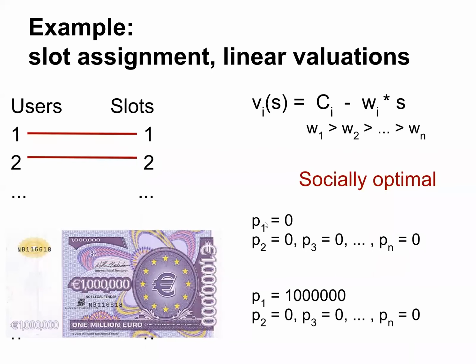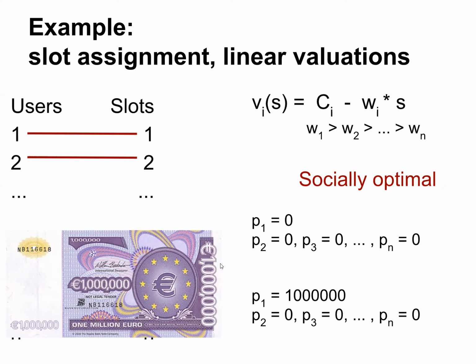I'll pause recording. So yes, we are still on this slide with the slot allocation example, linear evaluations, simple but natural. And the case when we know that the socially optimal allocation allocates the slots in the order of decreasing impatience. The most impatient user gets the first slot, which makes the user want to lie to the mechanism. And so that they don't do it, we think, oh, maybe the user who gets the first slot